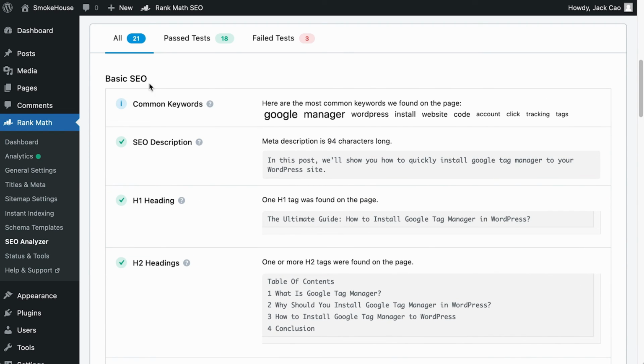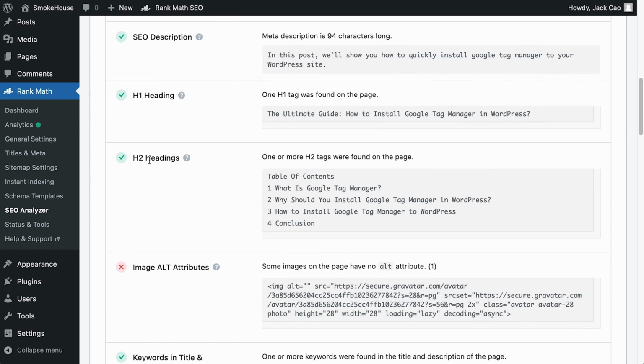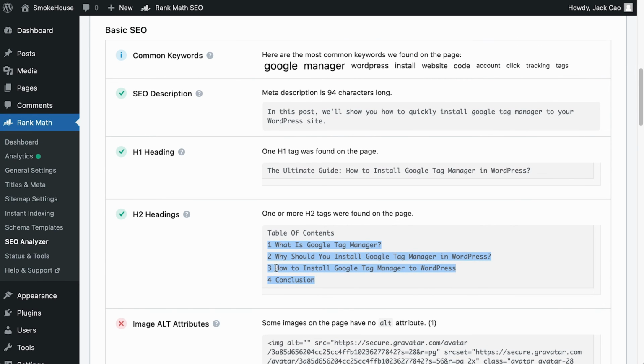You see, from our basic SEO tests, we have the common keywords test. Take a moment and think, are these keywords here helpful for the article you are about to write? I'm pretty sure it will help. Now, what about the H2 headings? Does it give you a content structure telling you what you are supposed to write for the topic? Pretty sure, right? I think these are the 2 very helpful tests for you to write an article that competes